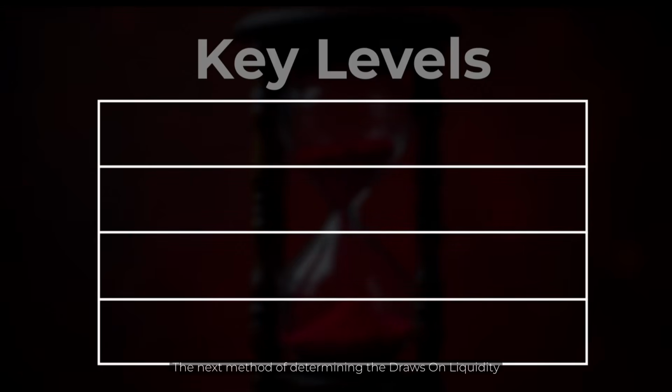The next method of determining the draws on liquidity is by using key levels. The levels I'm referring to are the levels introduced throughout the 2024 model series. These levels are based upon quadrants, meaning we first have a box right here which represents the first quadrant from 0 to 25. We then have a second box. This second box represents the price range between 25 to 50. The third quadrant then represents the price range between 50 to 75, and the fourth quadrant represents the price range